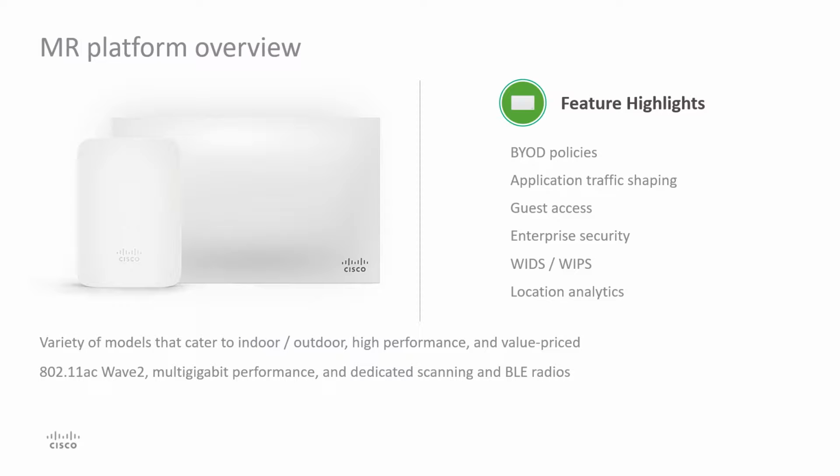Thus, corporate and personal devices can be restricted from the network when they connect to a Meraki MR access point based on their operating system information. For example, you could set a policy to allow all devices to connect to the network except Android and iOS devices. Up to 15 SSIDs can be configured on a Cisco Meraki network, and they can be protected in many different ways, all the way from WPA2 pre-shared key to authentication against an external RADIUS server.